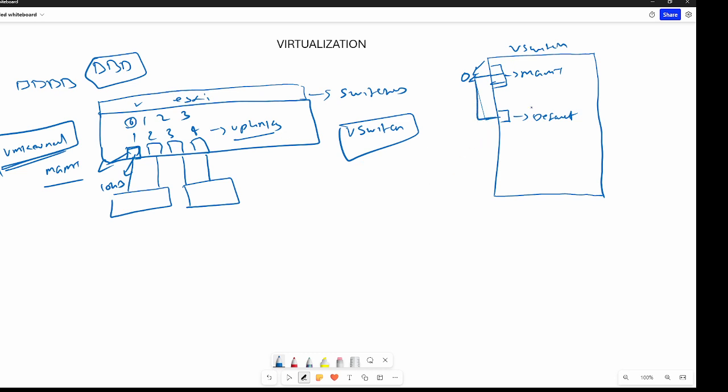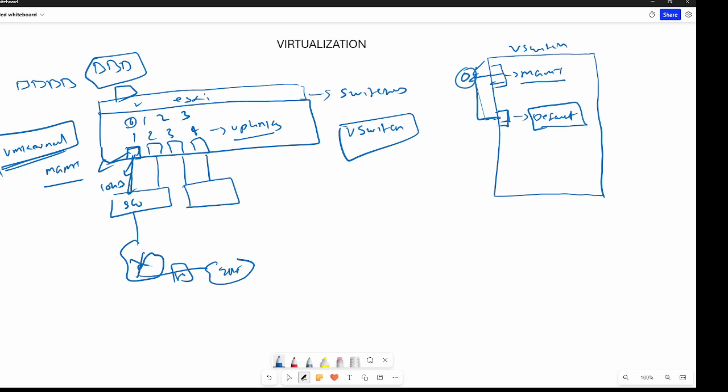So one will be used for management, and if you deploy any virtual machine now, you will have an option to connect to a port group, that is the default port group. Once you connect to this one, how will the traffic go outside and communicate with the outside world? The adapter is connected to the switch. From the switch, maybe you connect to a router, and from the router to the internet, or you connect to the firewall to make sure you're doing the inspection and everything.